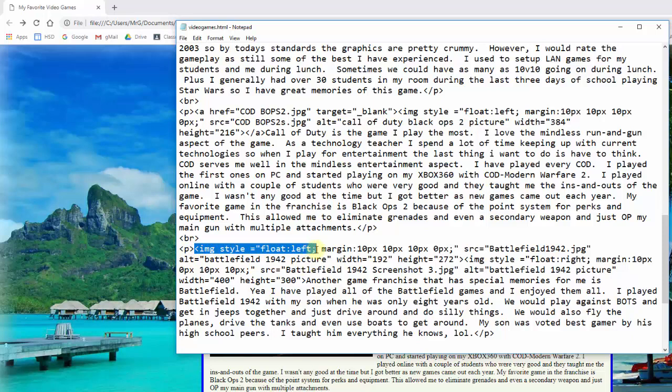I'm floating it to the left. First of all, I have my image tag, I should say. Then I'm styling it by floating it to the left. My margins on the top are 10, on the right is 10, on the bottom is 10. But on the left, since I'm floating to the left and I have padding on the left already, I'm making that 0. My source is my Battlefield 1942.jpg. Here's my alt, my width, my height,